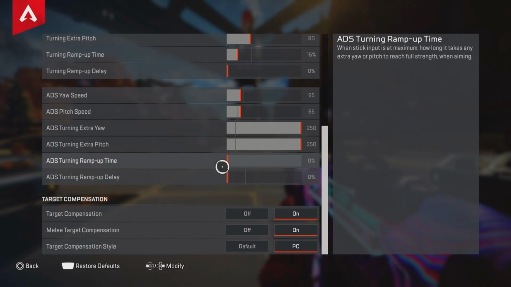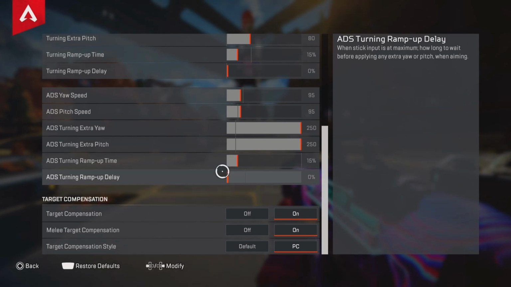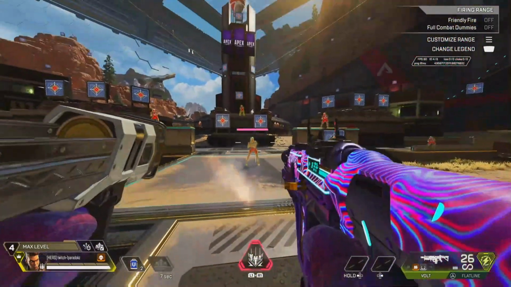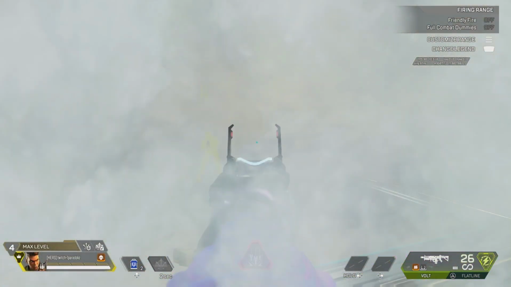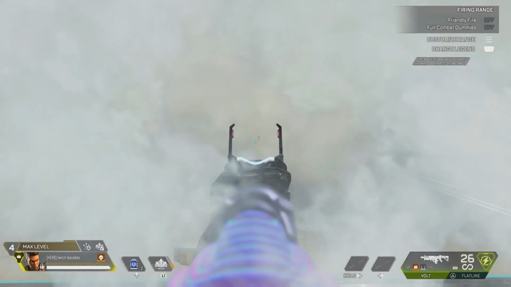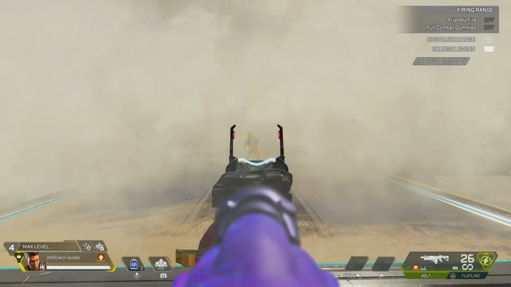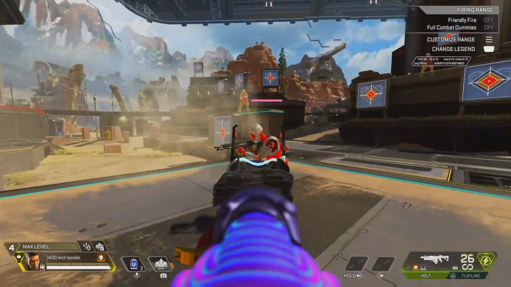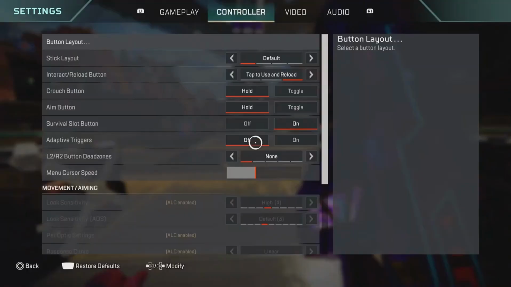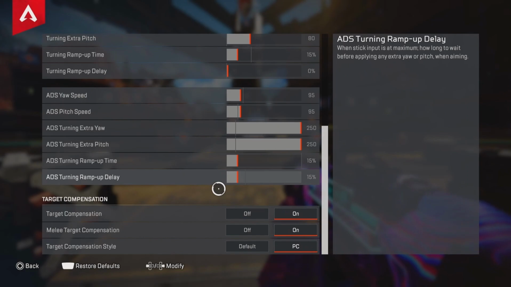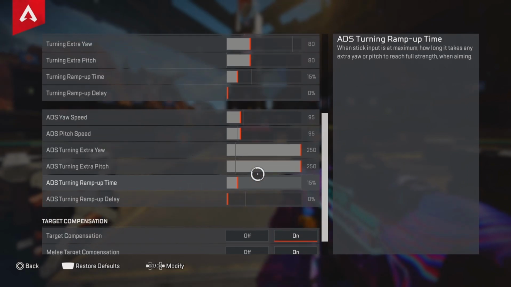Now I think time and delay can be very good, though I would generally just stick with time. I personally only use time, I don't use delay. But delay can be useful, especially in something like a bang smoke. Just so you can be really deliberate about when you want to have this extra sense. Because with delay, it's way harder to actually flick over the dummy. So it more so depends on the needs of the player themselves. For this sense though, I'm only running ramp up time,